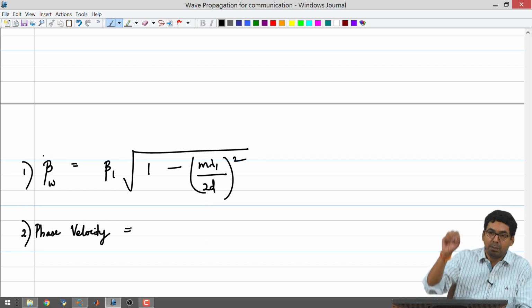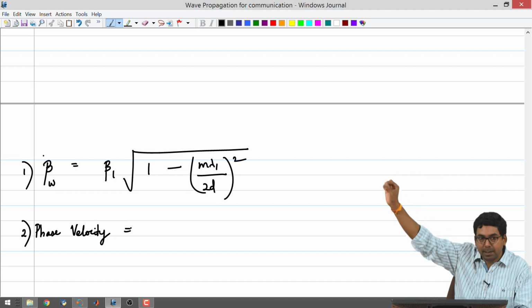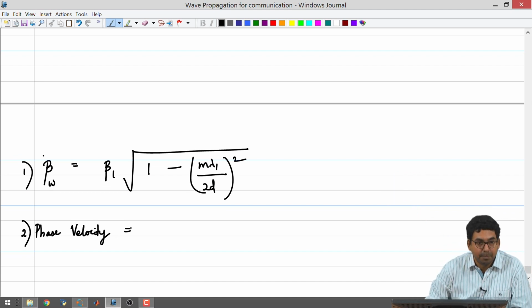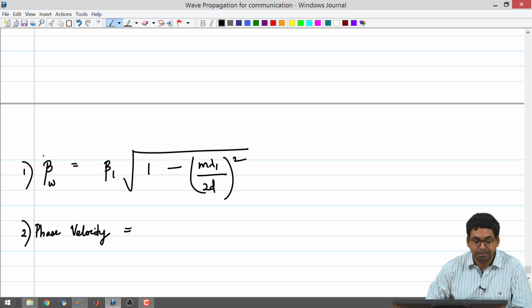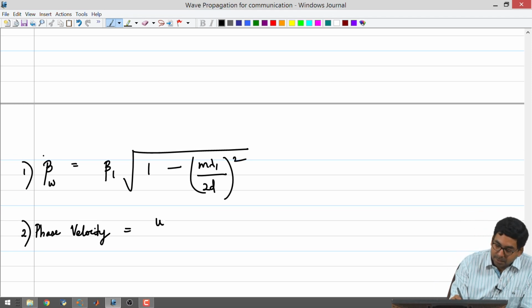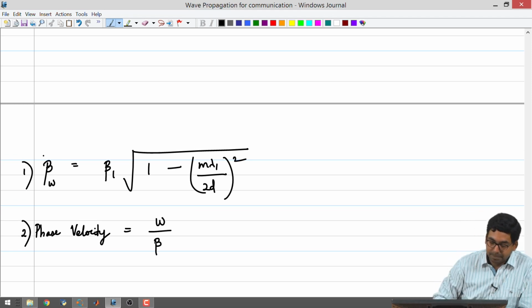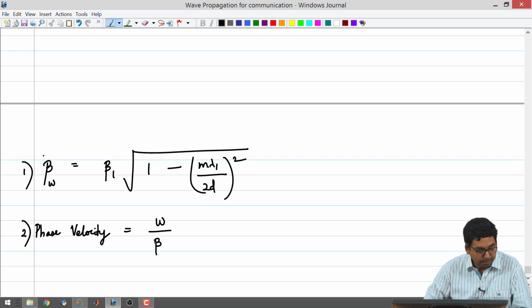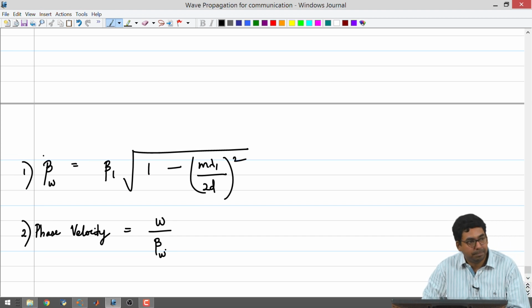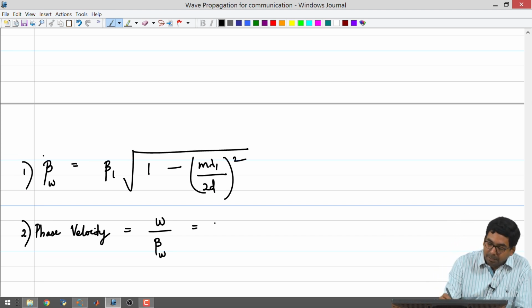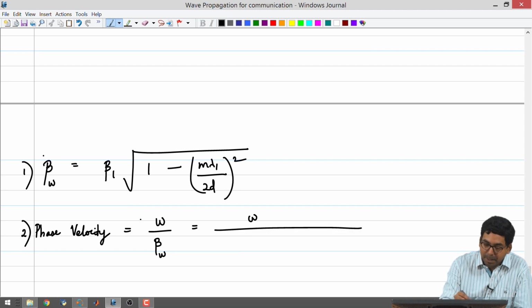So, you are saying that the phase angle is traveling through space with a certain velocity. The phase velocity is just telling you how fast the phase is traveling within your space in a given amount of time. So, here we are just talking about omega divided by beta. And in this case I want to talk about the phase velocity in the waveguide. So, I am just going to make this beta w, and I have omega divided by beta w